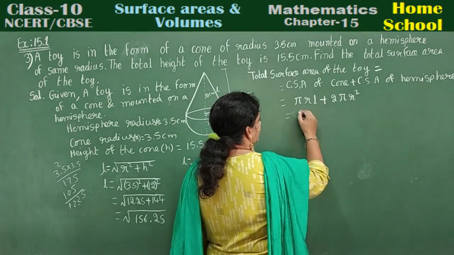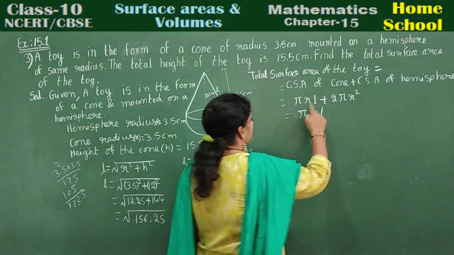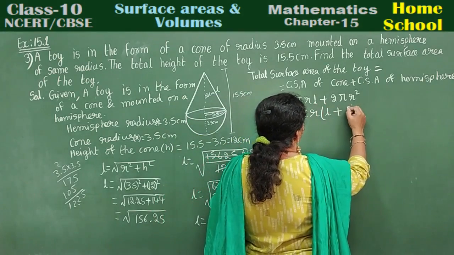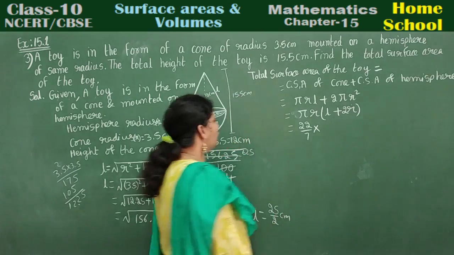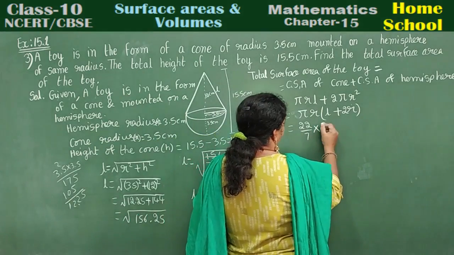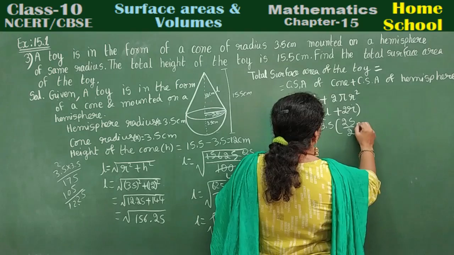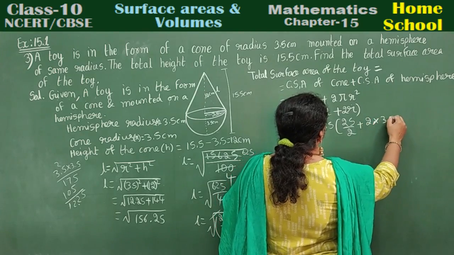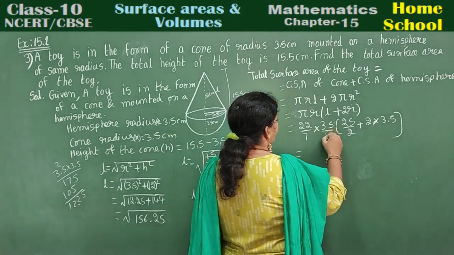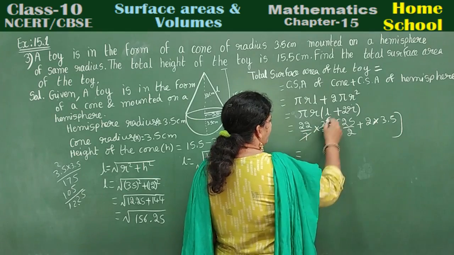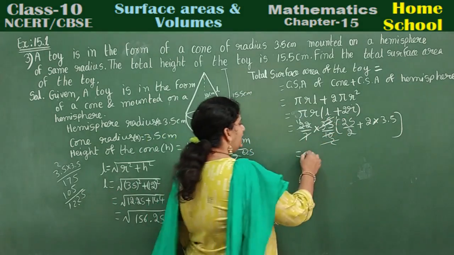Is there anything common? Yes. Pi r is common. If anything is common, you can take it out first. Pi r into L plus 2r. Pi value is 22 by 7. R value, radius, is how much? 3.5. 3.5 into L value is 25 by 2 plus 2 into 3.5. Now this 3.5, remove the decimal point, 35 by 10. 7 5s are 35 and 5 2s are 10, and 2 11s are 22. It will be 11 into